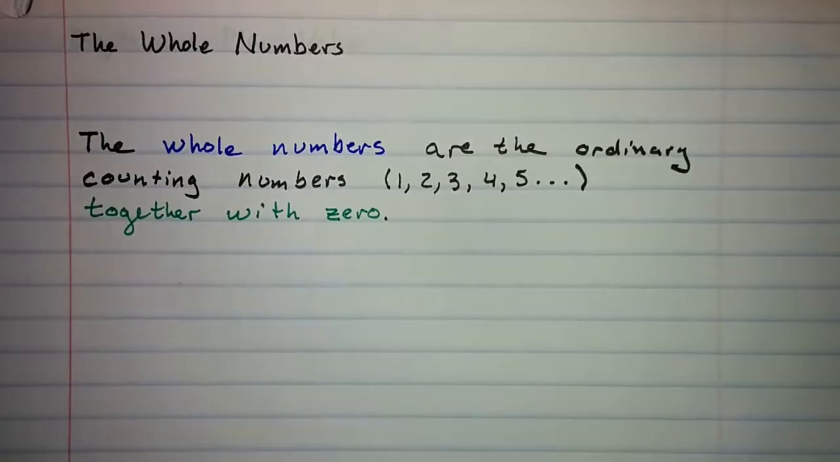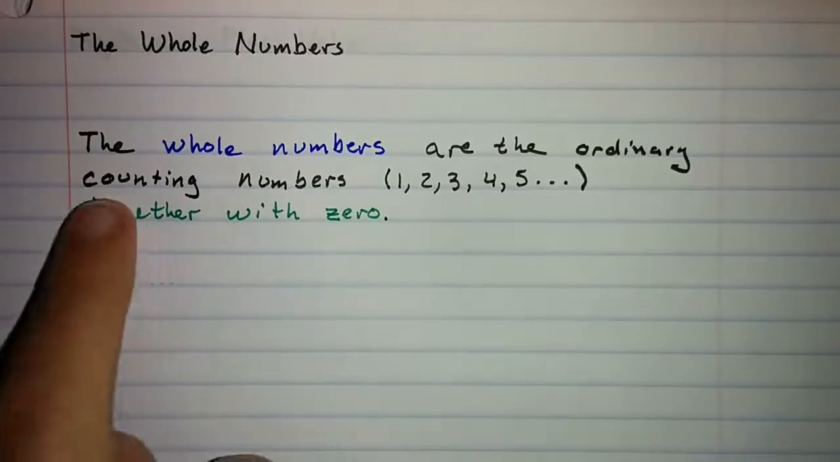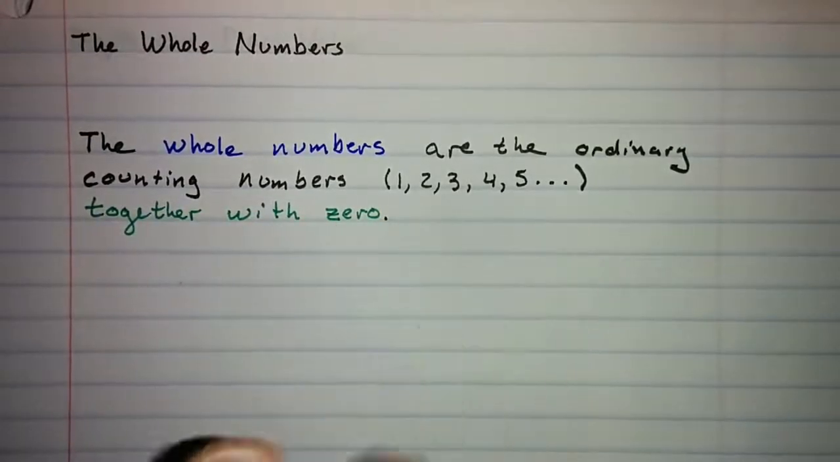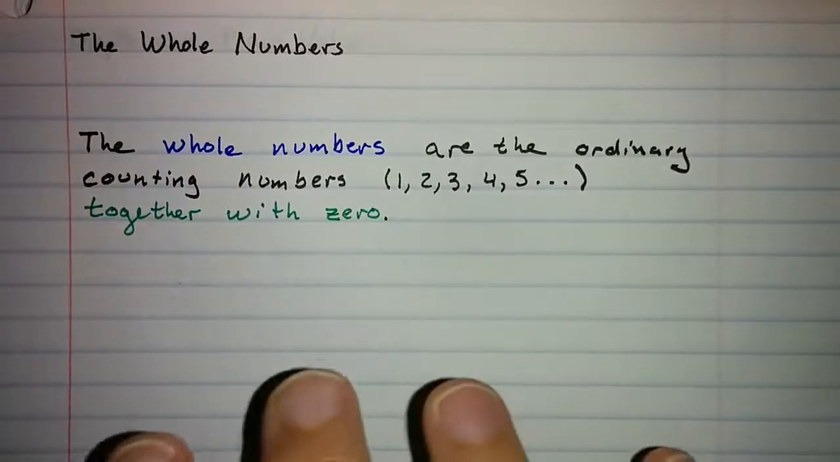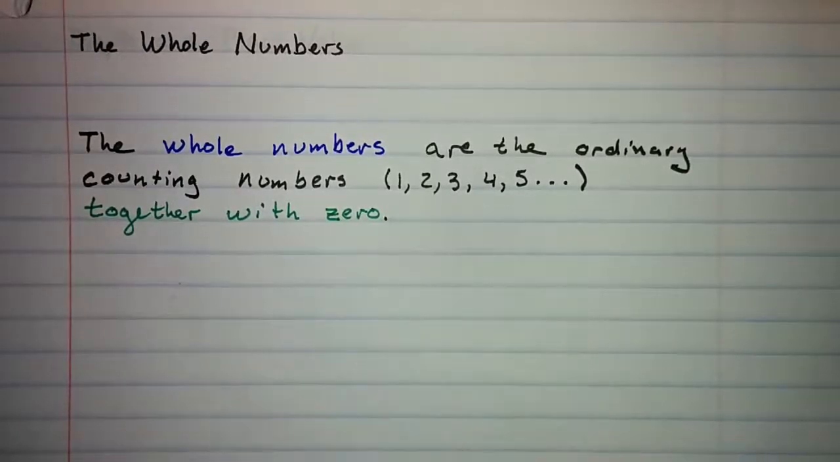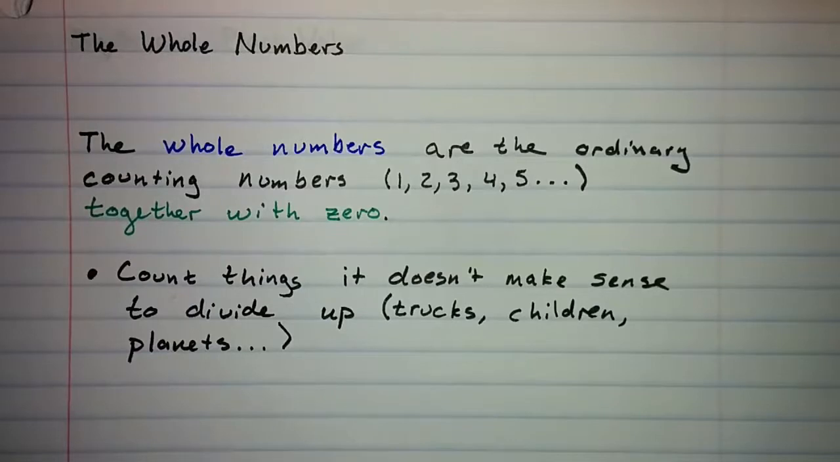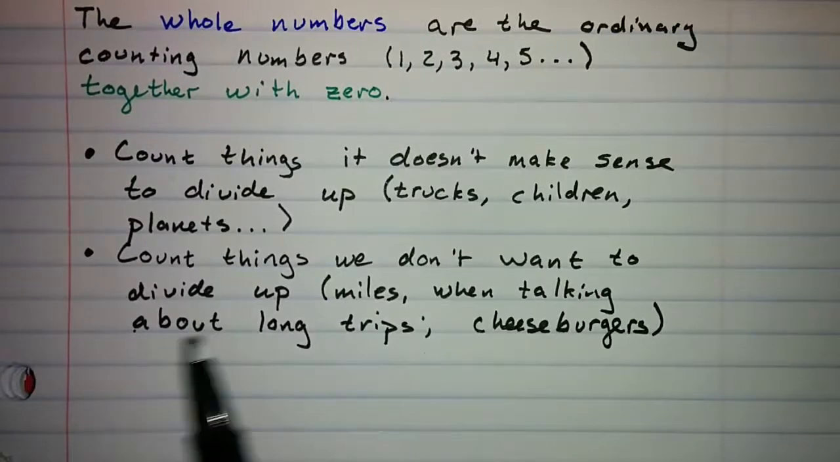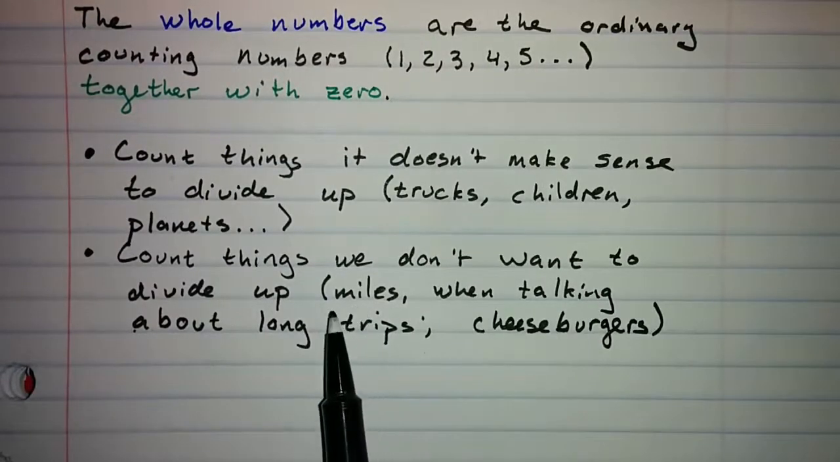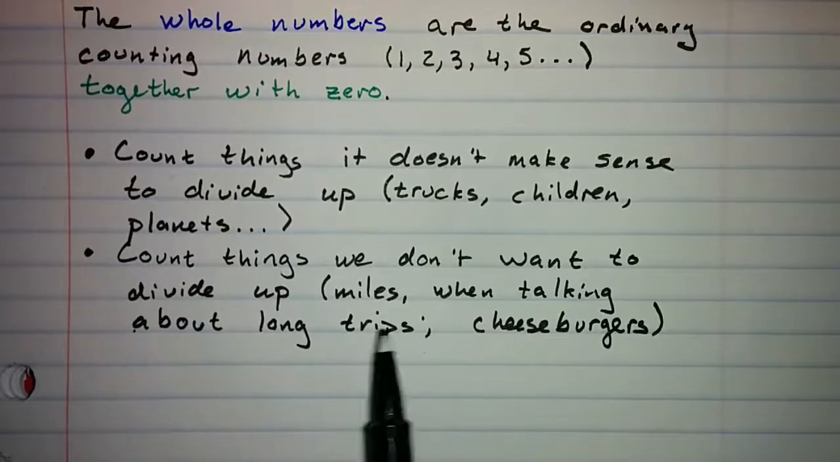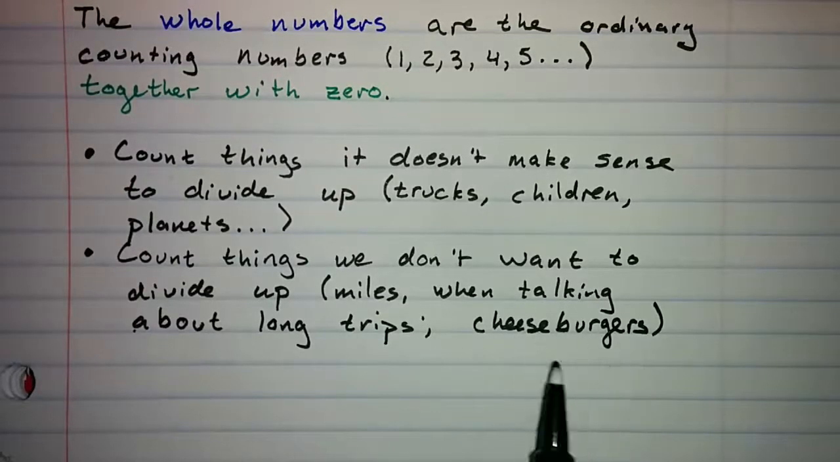what is a number? And what do we use the whole numbers for typically? Well, we use them to count things. And in particular, we use them to count whole things. We might be counting things that it doesn't make any sense to divide up, like trucks or children or planets. Or we might be just counting things that we don't want to divide up. We might be talking about miles in a long trip. We don't care about part of a mile. Or we might be talking about cheeseburgers when we're running a restaurant, and we're not going to serve anyone part